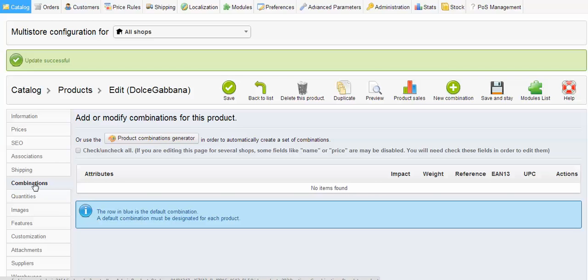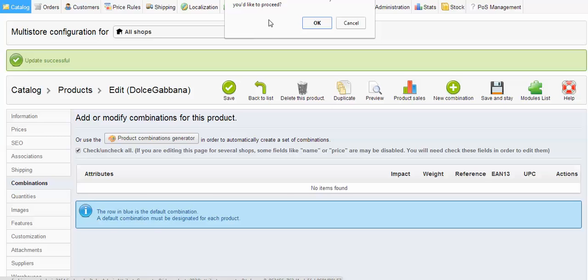Combinations, as I said, is where we choose how many different products we have. So again we will say for all shops. And the beauty of PrestaShop is that it allows us to make this process automatic. So you say product combination generator, that helps us to generate. You click that, and there will usually be a pop-up warning you that you might lose the previous combinations. If you don't want to lose them, then you don't use the generator, you do it manually. But in this case we don't have any before, so you say okay,